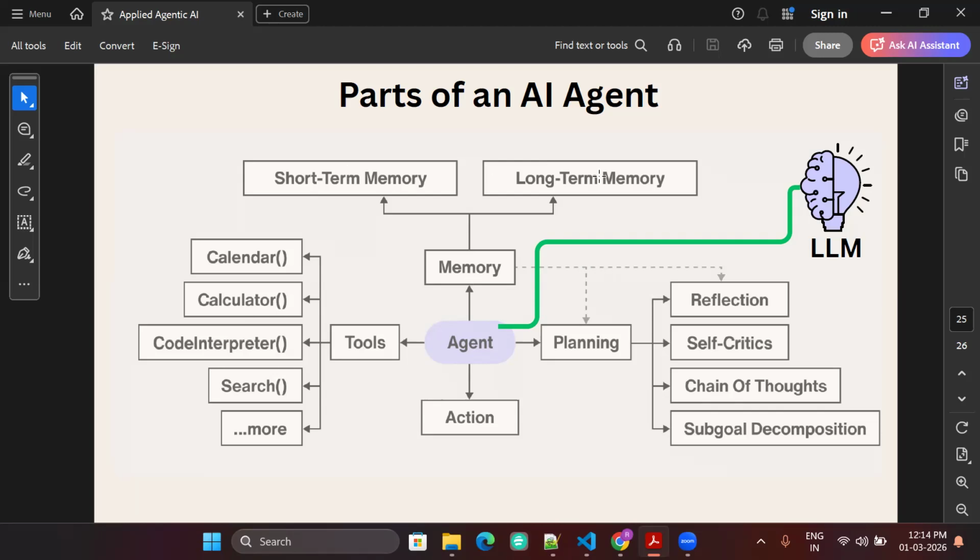That's why memory is important, short term and long term memory. So while building agents, you can keep certain things in the long term memory which will be used for all the future use cases. Let's say, for example, in the past there were recent case laws, the hearings that were done in Supreme Court, High Court.